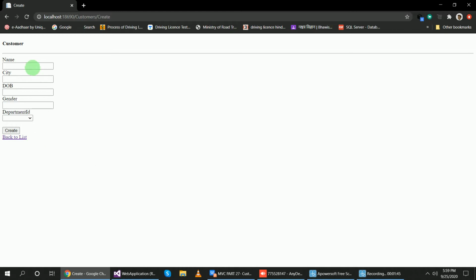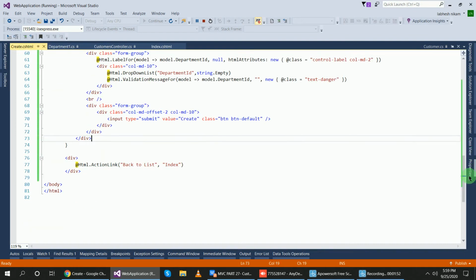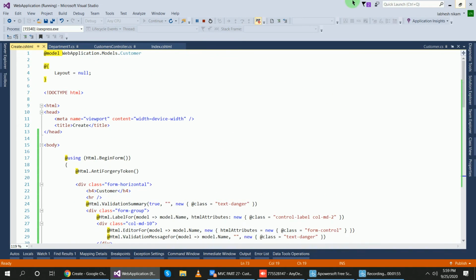This is my create view. Now in this create view, I want to change the font type to Arial.